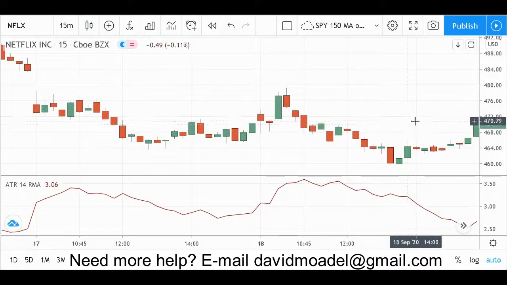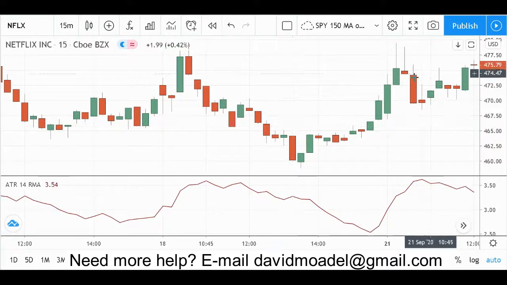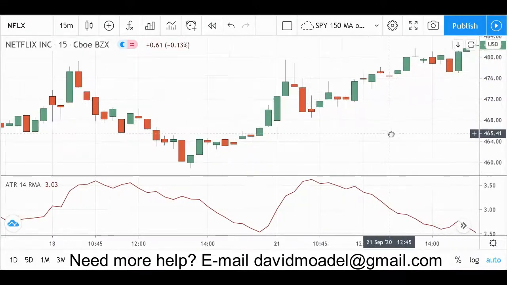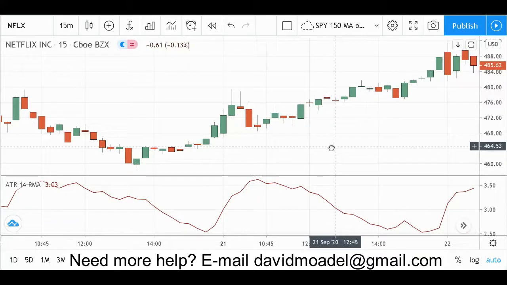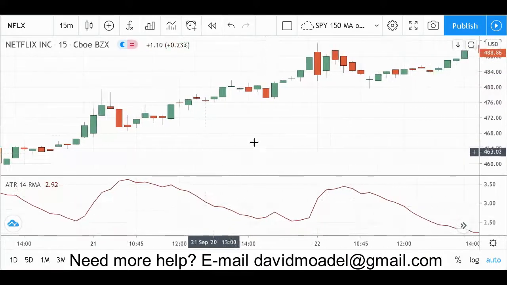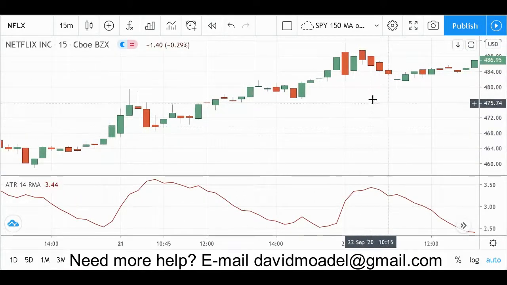Let's see. Looks like no. Looking for 486.05. It's going up there, though. It's going up. 483, 485, and there it is. 486. It was right about, let's say, right about in the middle of this candle. As this candle was forming, I'm in.